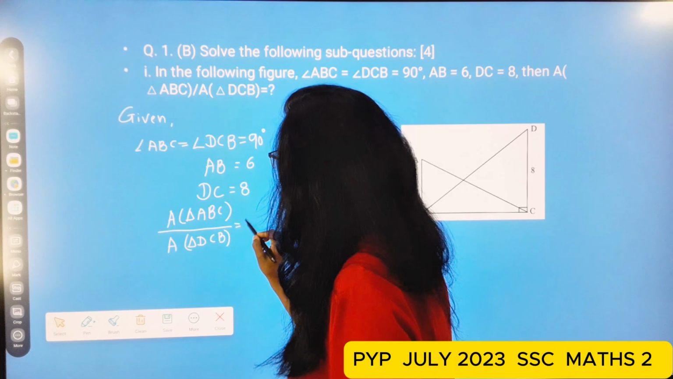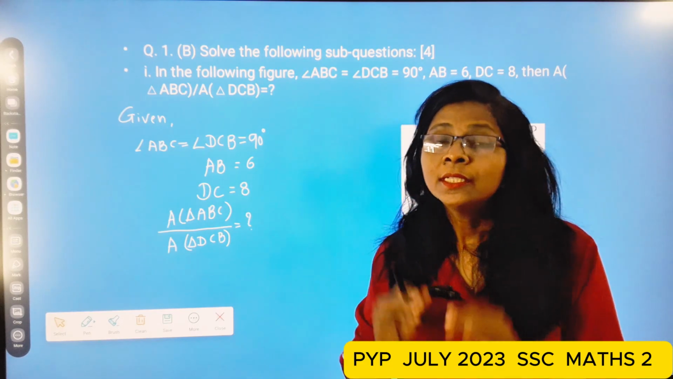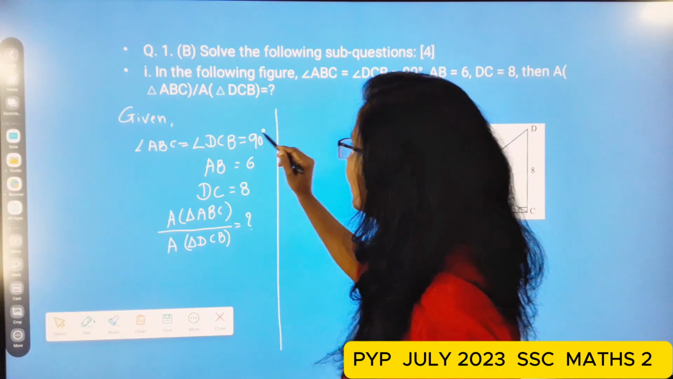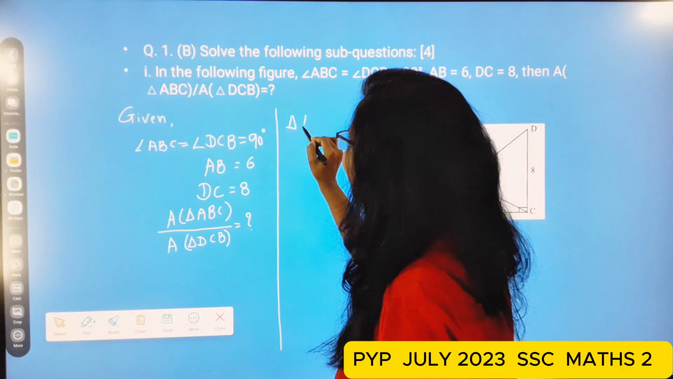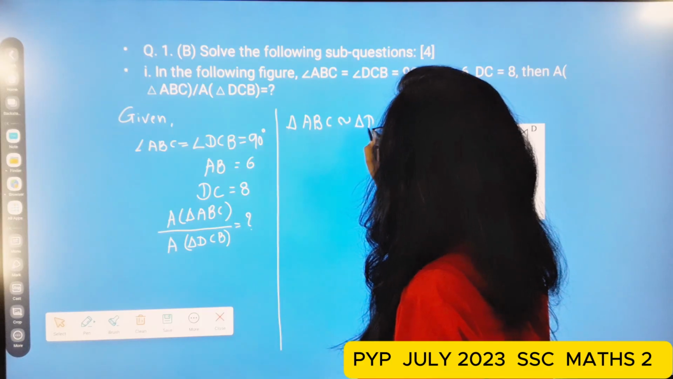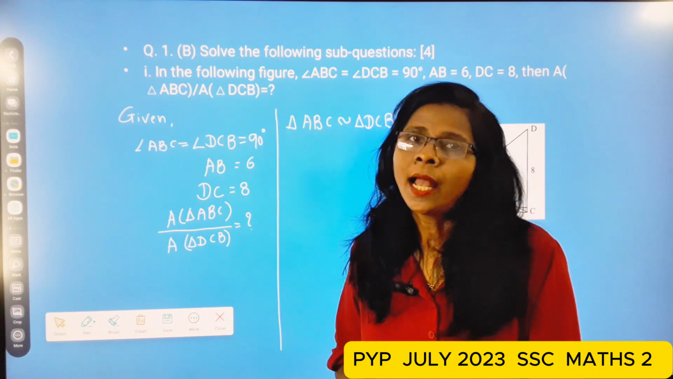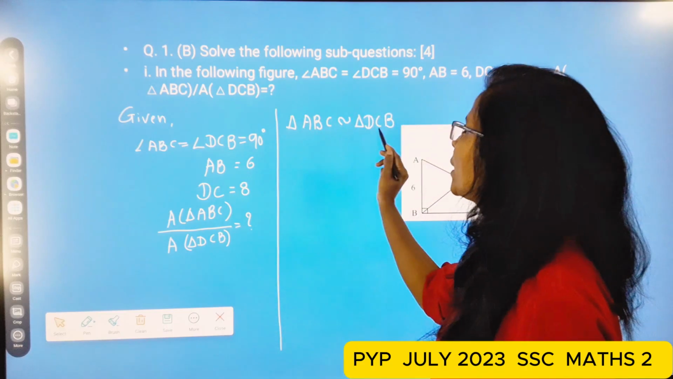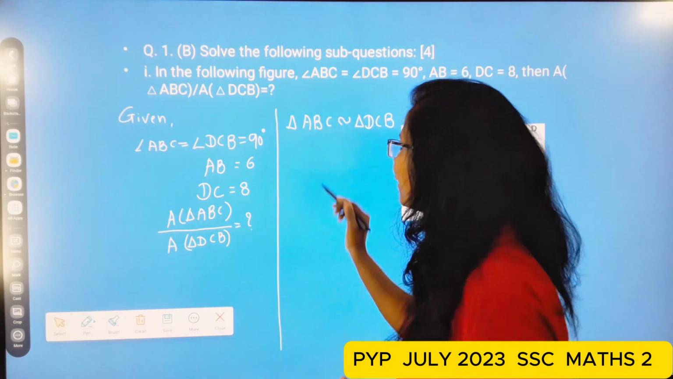Now here students, we have to find out the ratio of the areas of the triangles. So that means these two angles are 90 degrees. That means triangle ABC is similar to triangle DCB. These two triangles are similar because these are right angle triangles and every right angle triangles are similar to each other. So by the property of similarity of triangles we can write here